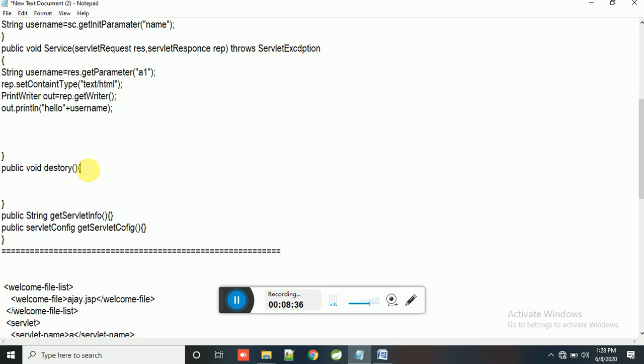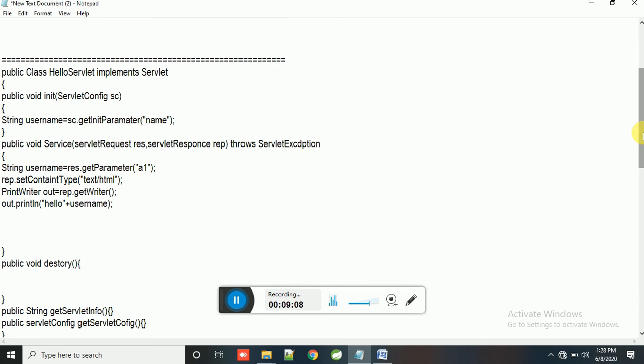You are using resources, and that's why the garbage collector is not responsible for closing your connection. But in this case you can close it. You can shut down your JVM and restart your JVM, and it will be destroyed also. But here those are not the cases. This is the service, destroy, and init method. These are the 3 methods in your servlet life cycle.